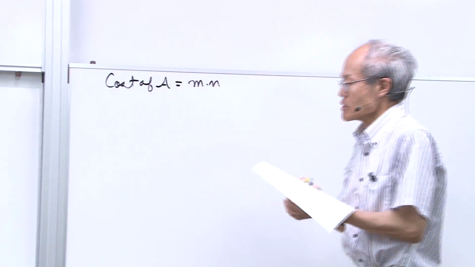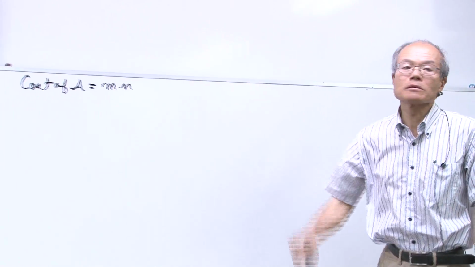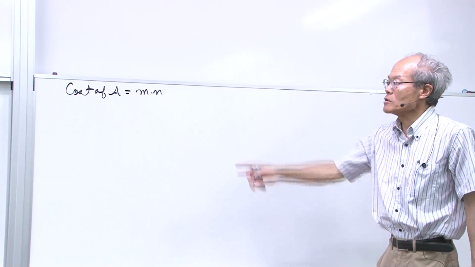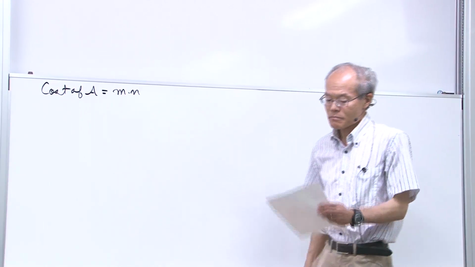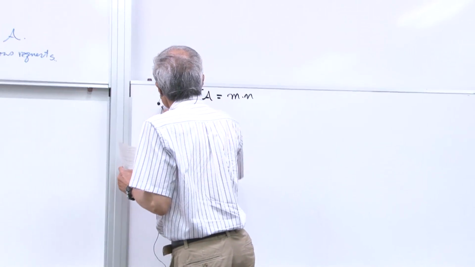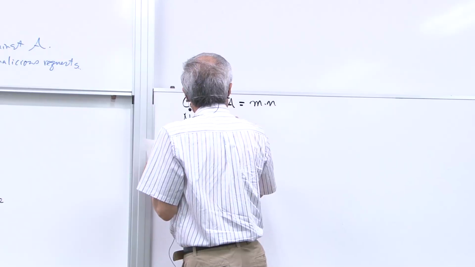Then the cost of algorithm A is, of course, m times n. For each request, algorithm A needs n steps, and we have m requests. So the cost is m times n. Now, consider